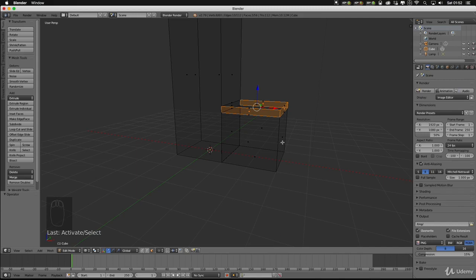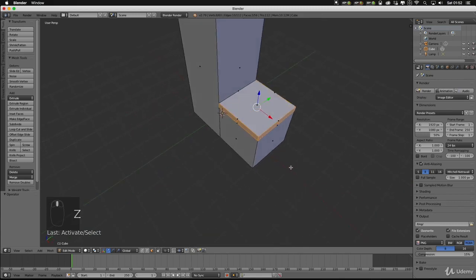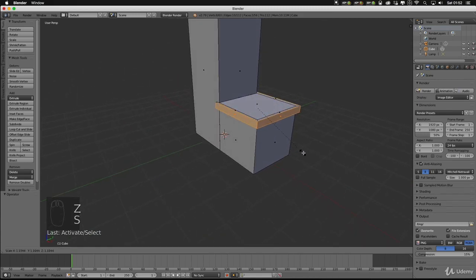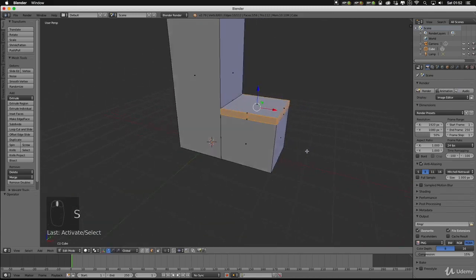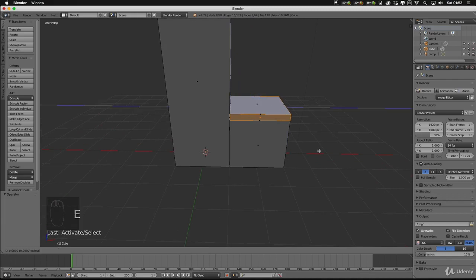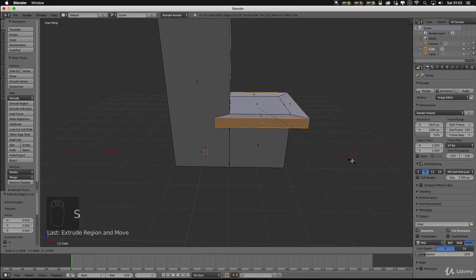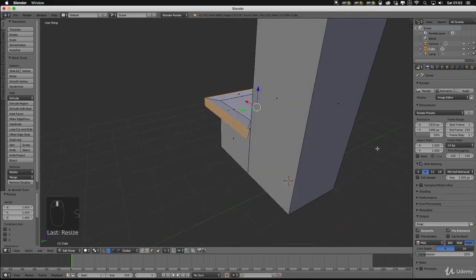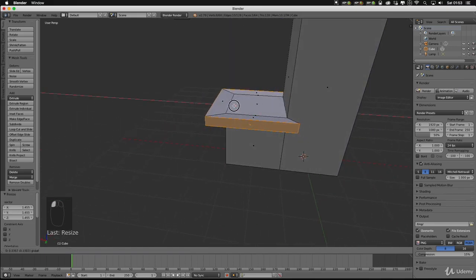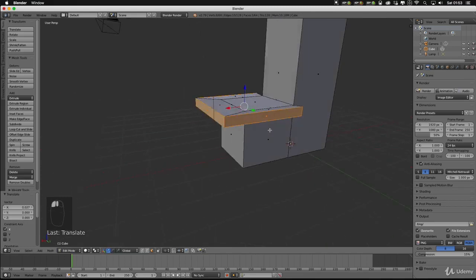And then if I hop back into solid mode, which is our default mode, so Z again, and then I can scale. So E to extrude, right click, and then S to scale. And you can see it's scaled just those bits, and then I can move this forward.